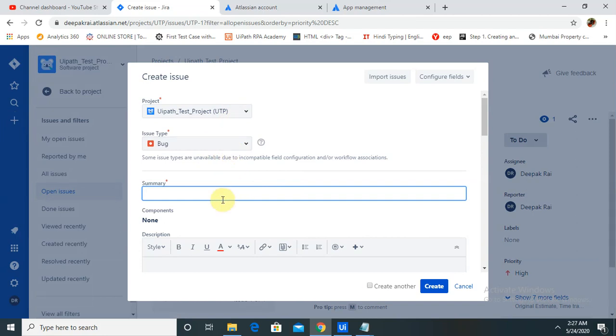Just like I want to log a defect for not being able to see the screen, or the UI is not clear, or text boxes are not clear. So let me write: UI option not clear in cart.